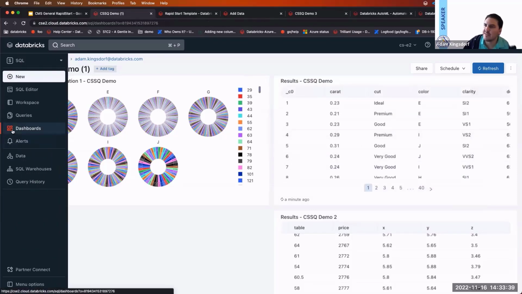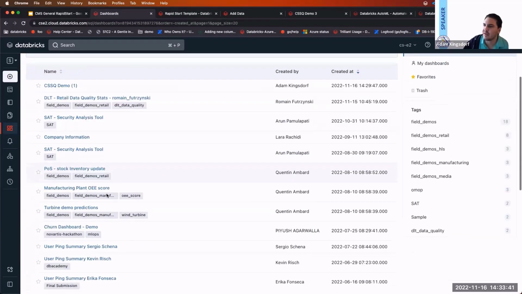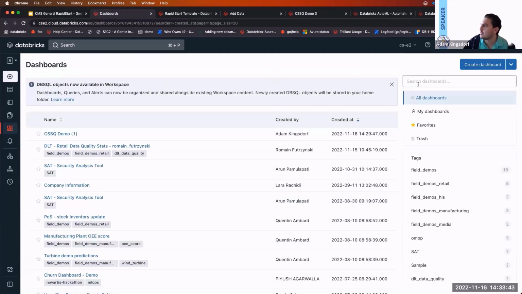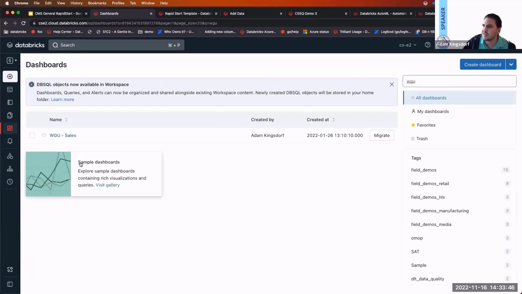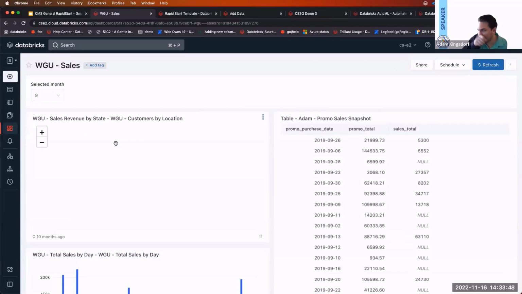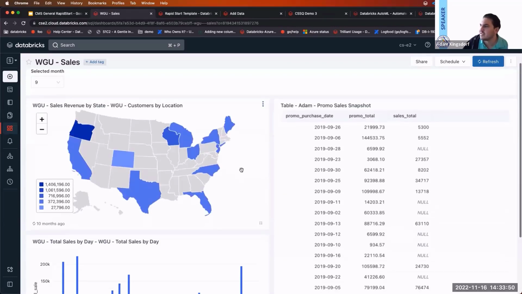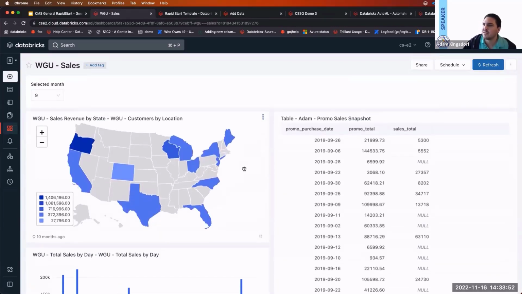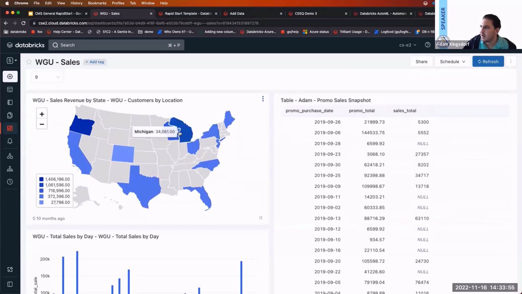I'll show you real quick. I have a really pretty one that I created a while ago, which is why I didn't create a new one for this. I just wanted to give you an example. This is one I created with some sales data, and you can see some of the different charts and information here. You can do maps, right? I have sales data for different states. So the state graph might be really useful for CMS, right? If there was